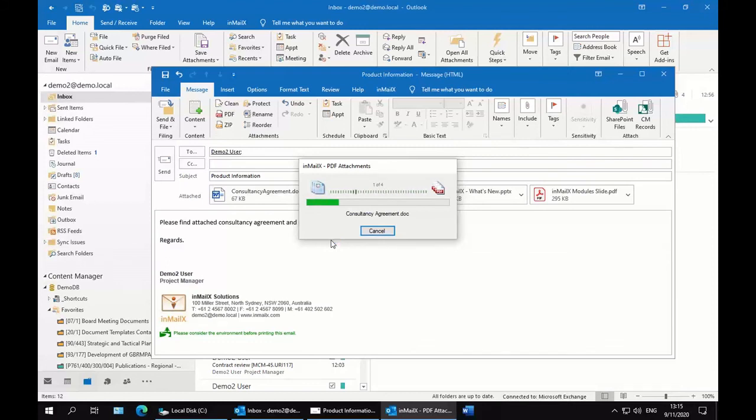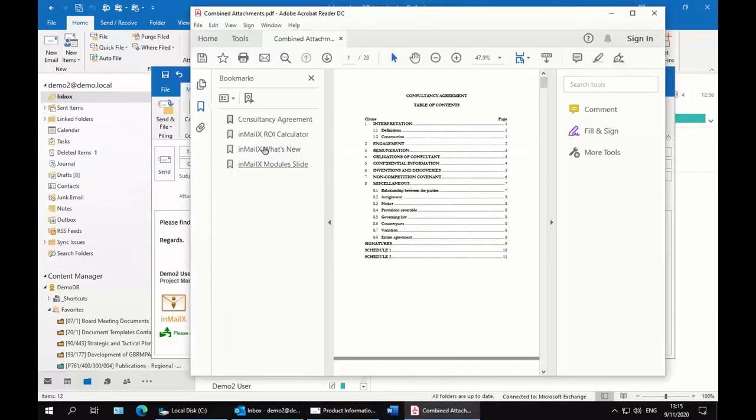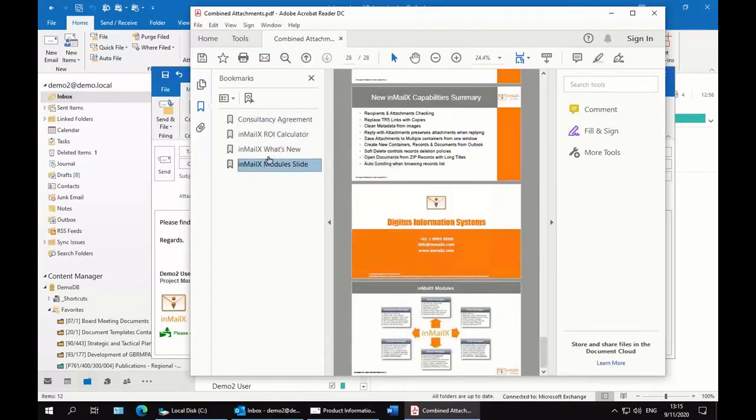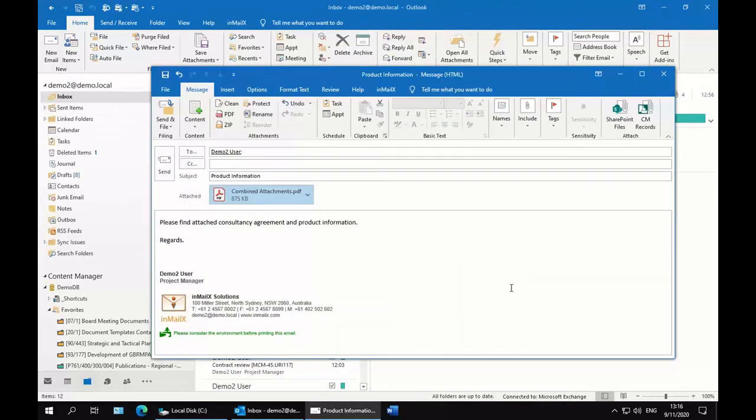Once the process is completed, you can open and review the created PDF, and as you can see, the bookmarks were added and can be used to quickly navigate to the desired document. Now, if you need to make a change to your PDF, it's not a drama. Simply click the Undo button to take you back to your previous step. In case you accidentally reverted an action you didn't want to, simply click the Redo button to return to the